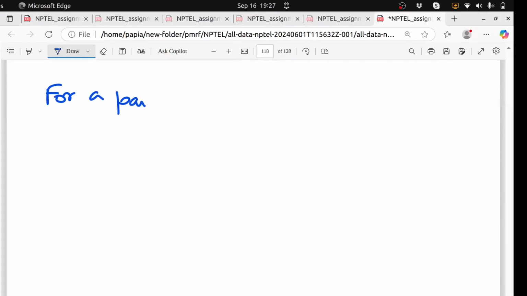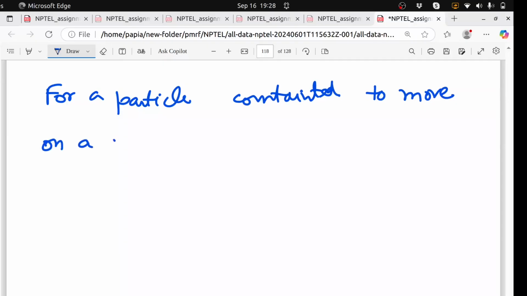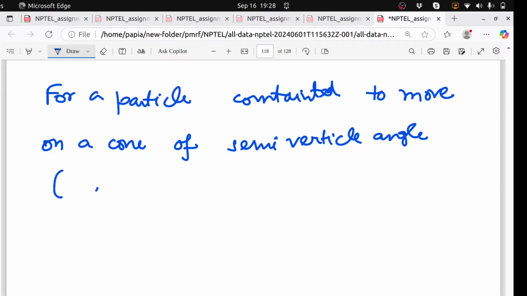For a particle constrained to move on a cone of semi-vertical angle beta,